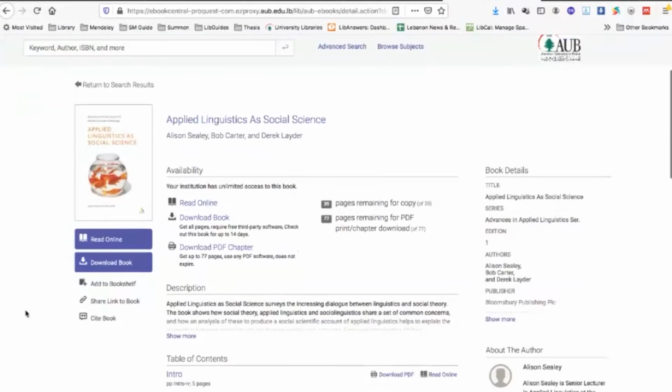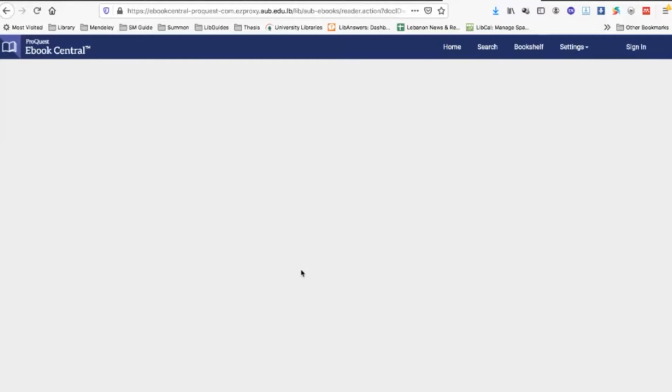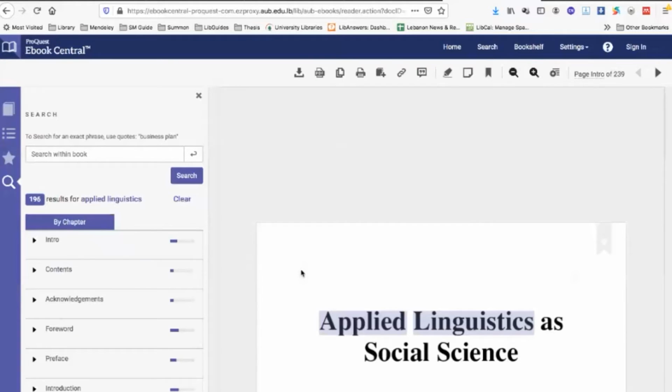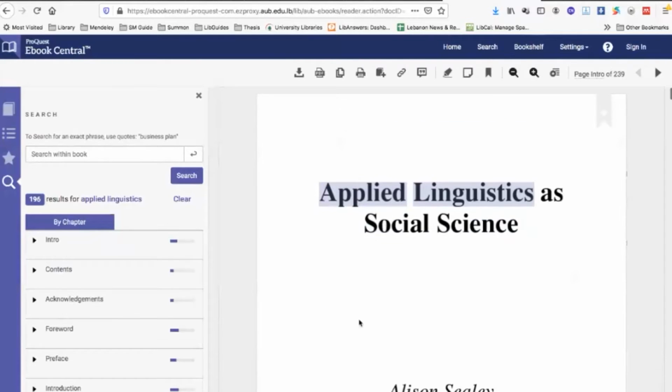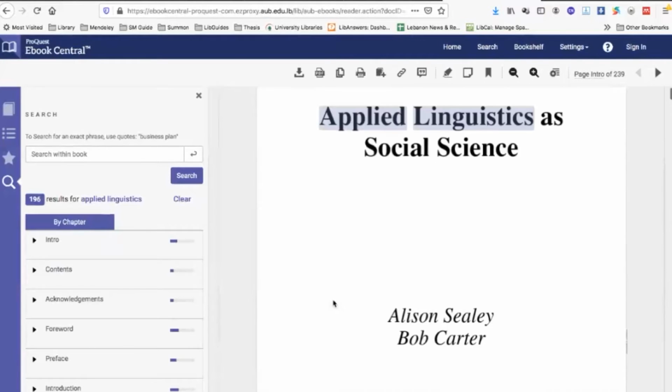Under the book, we have the option to read online. When you want to read online, you don't need any software, you don't need any requirements or to sign in. You can simply click on read online, and the book will open on the screen immediately. Here we have the table of contents on the left side, and you can scroll to read the ebook